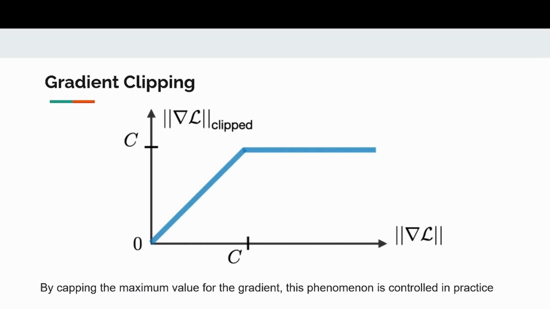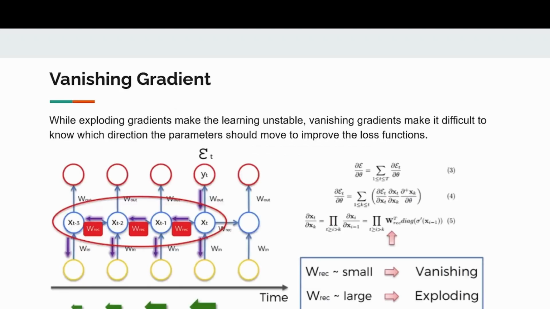But one thing we can do is cap the size of the gradient. This specifically applies to the exploding gradient problem. If we put a max on the norm of the gradient, it in a way stops the gradient from becoming too large to converge and limits the step size. However, it does not apply to the vanishing gradient problem.